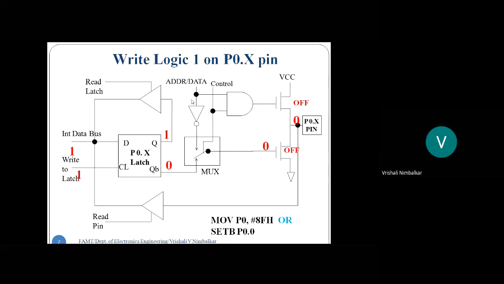So what did we do previously? Writing logic 0. So what will be available here? Logic 0. And that is something going wrong. What was I supposed to do? The microcontroller was supposed to send logic 1 on the pin. But that didn't happen. Why? Because both the MOSFETs were off. And that is because of that open drain port.